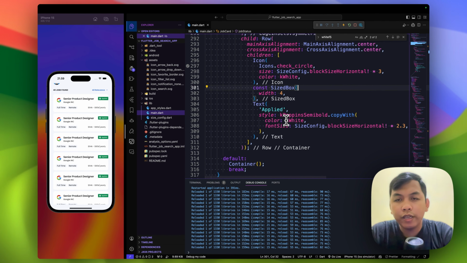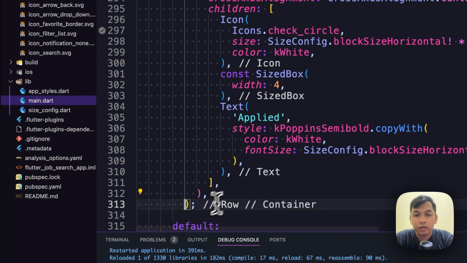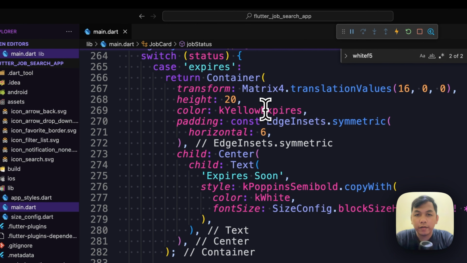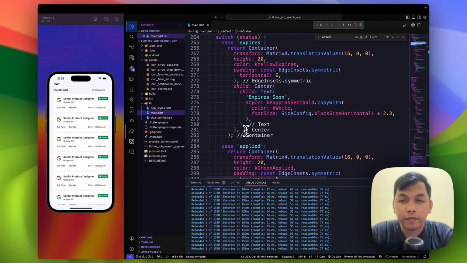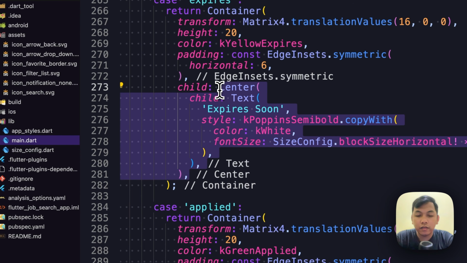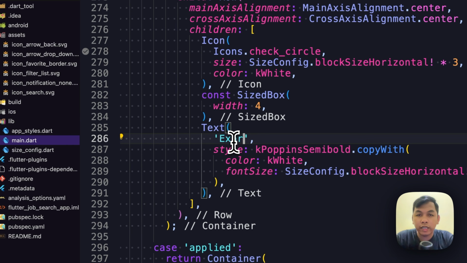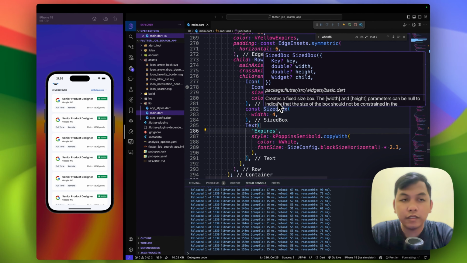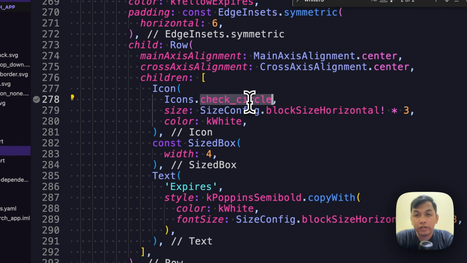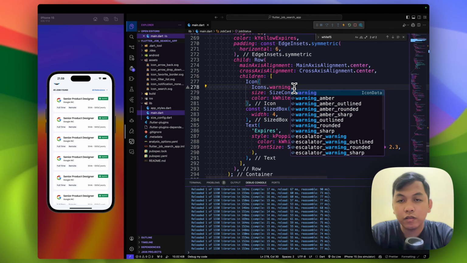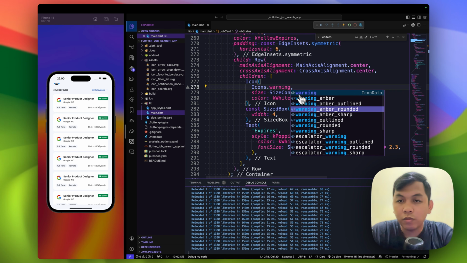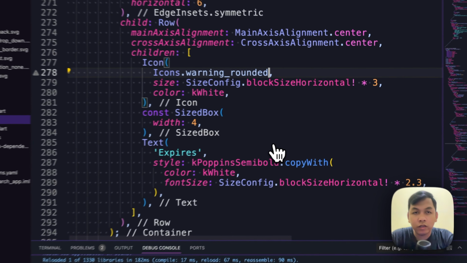And next we can just copy this row widget and move to this center and just change this to be expired. And how about change this to be warning circle, I don't know, warning round it,